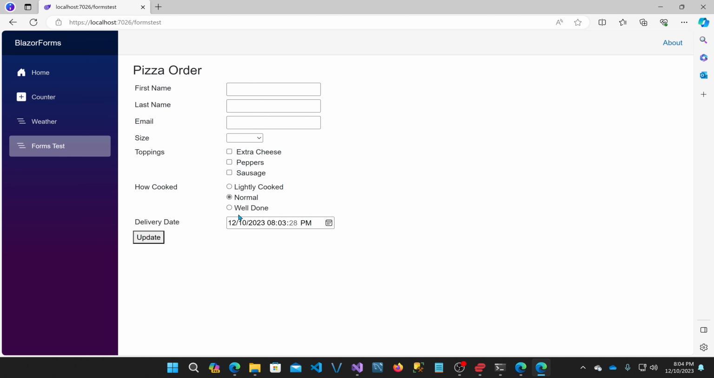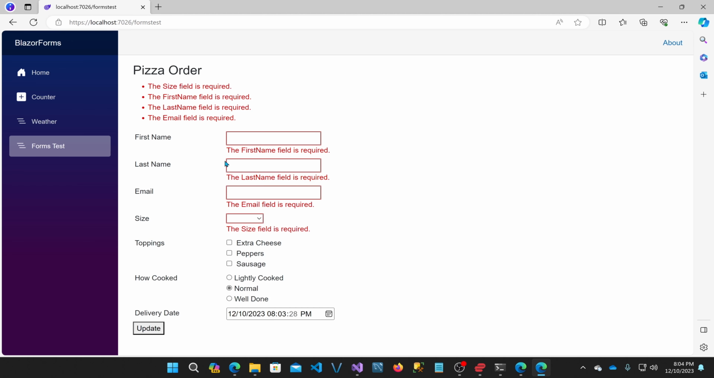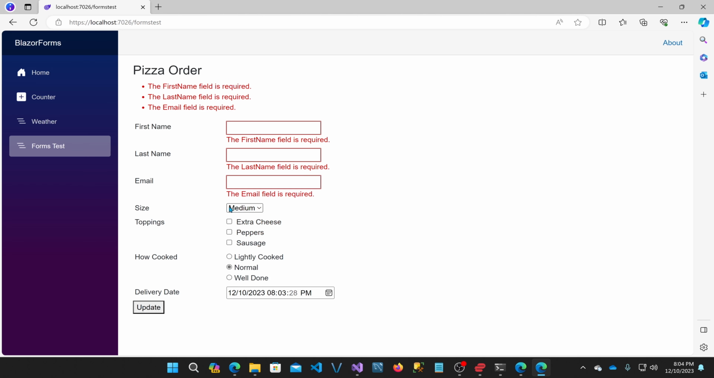If I don't put any data in and hit update, you can see that there's validation occurring. I show the validation errors in a summary at the top, as well as in line with each of the inputs. So if I start filling these out and resubmit, you'll see that the errors go away. So if I pick a size, if I put in a name,